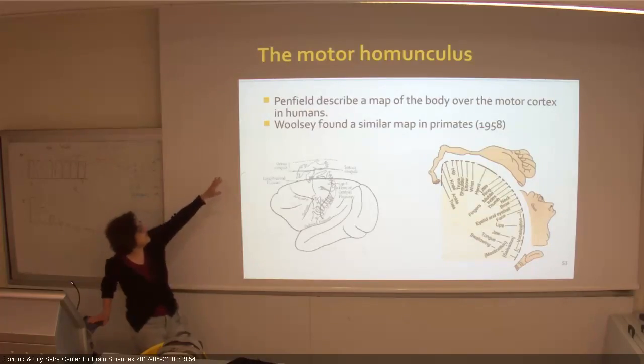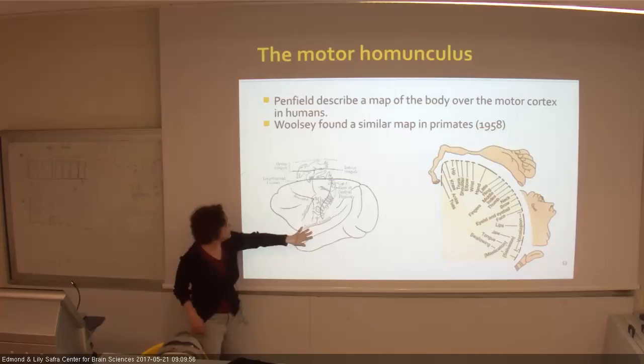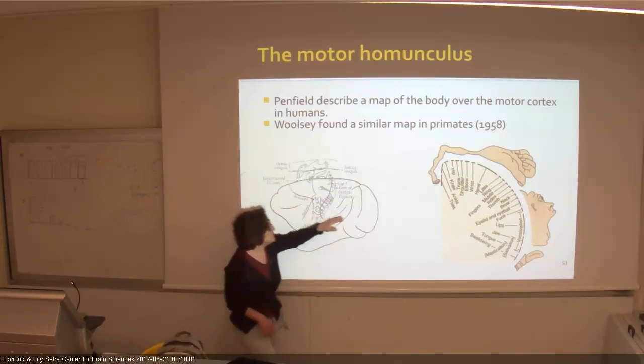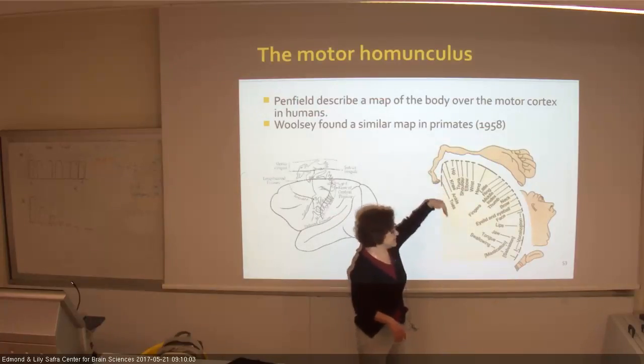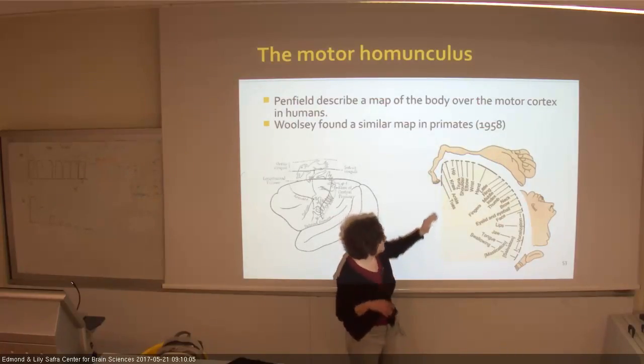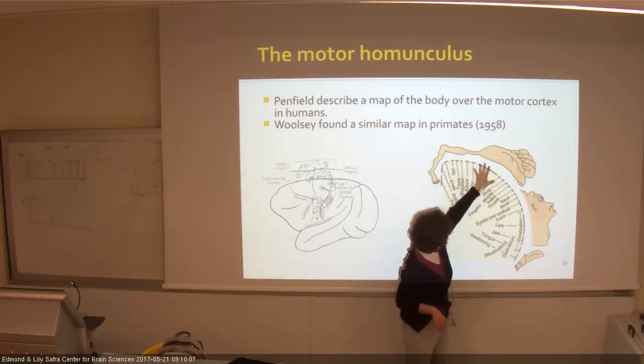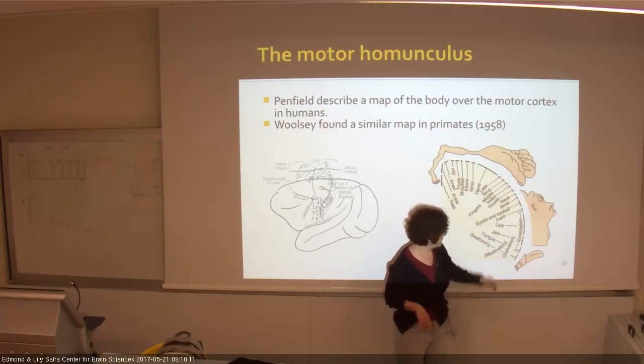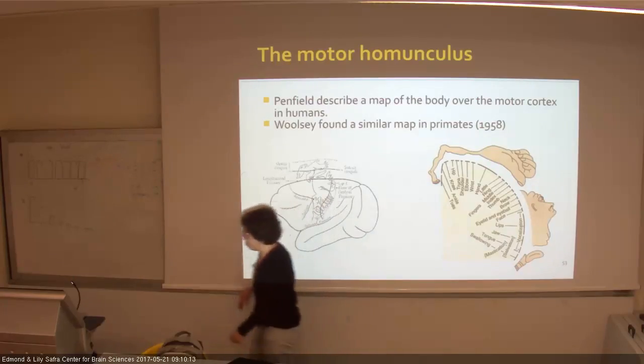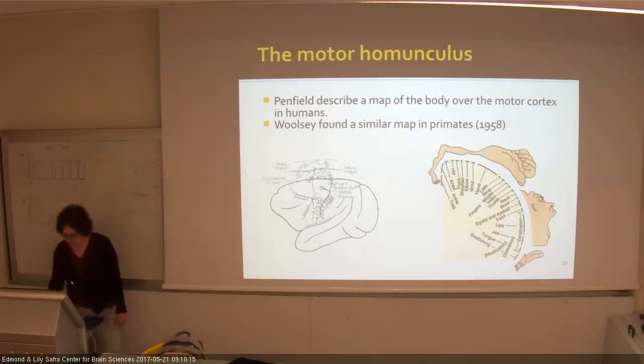And later on, Woolsey found a similar homunculus also over the brain of primates. Then you can see that the leg is at the medial part and more lateral, you see the hand, the arm, the hand, face, tongue, etc. Okay, so kind of in a sense,